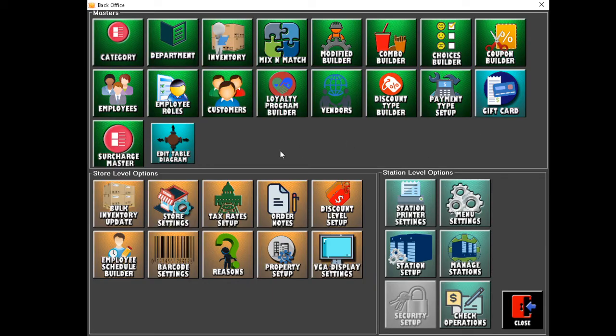Now, when it comes down to actually getting those points, the points are pretty much predicated on the amount of points that you select or add in per item. So this part may be a little bit tedious, but once you have it done, you never have to worry about it again. So what you're going to do is go into your inventory,